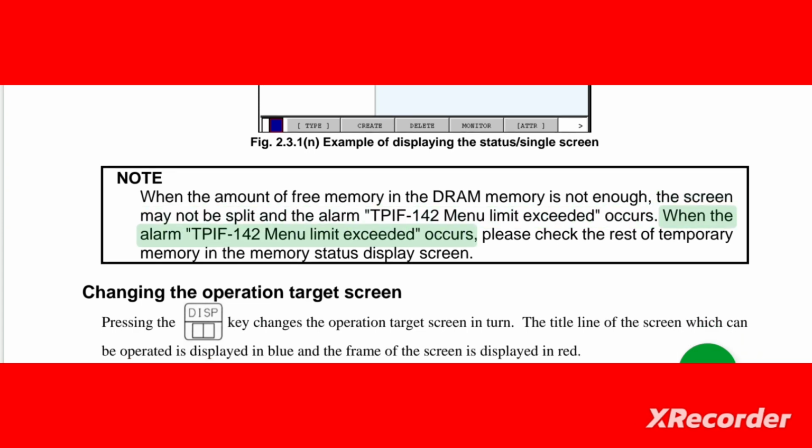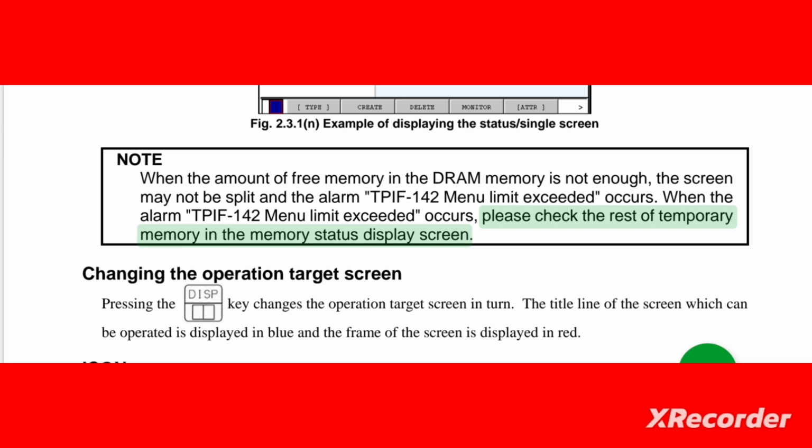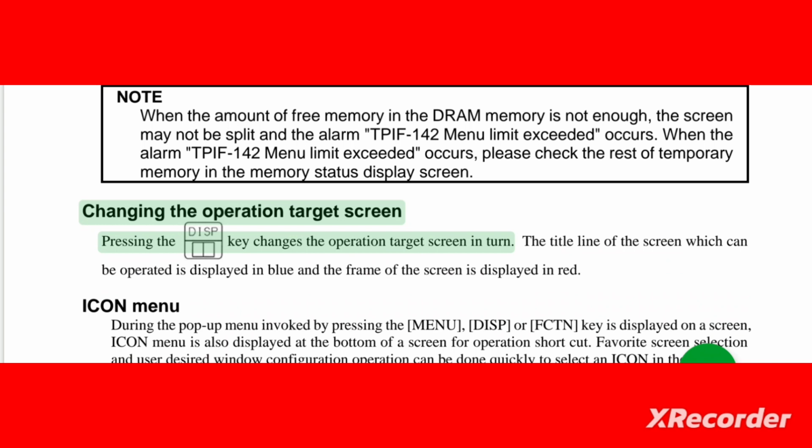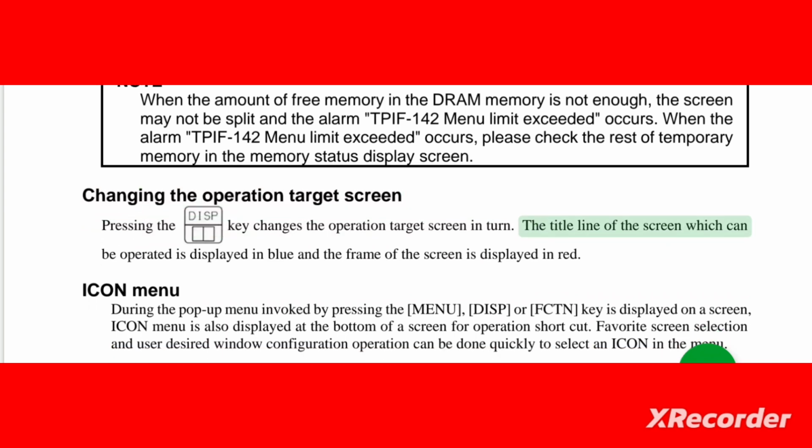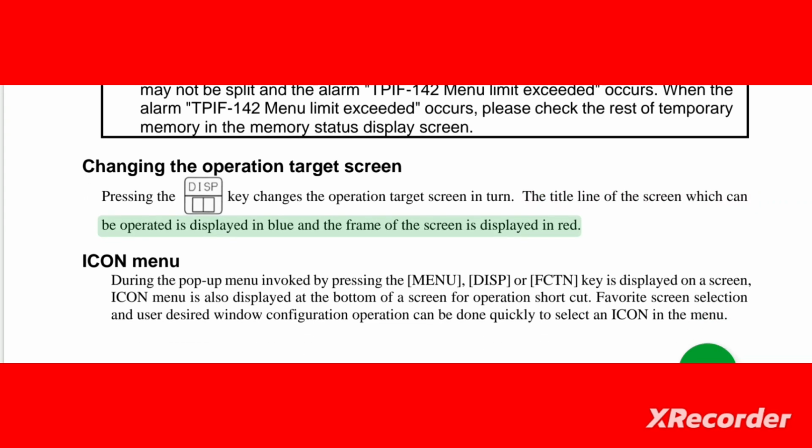When the alarm TPIF 142 menu limit exceeded occurs, please check the rest of temporary memory in the memory status display screen. Changing the operation target screen: pressing the key changes the operation target screen in turn. The title line of the screen which can be operated is displayed in blue